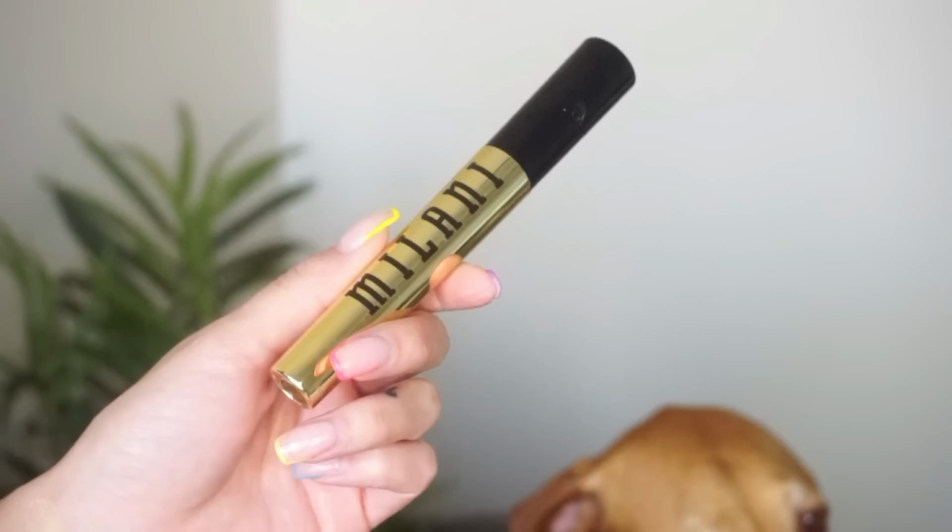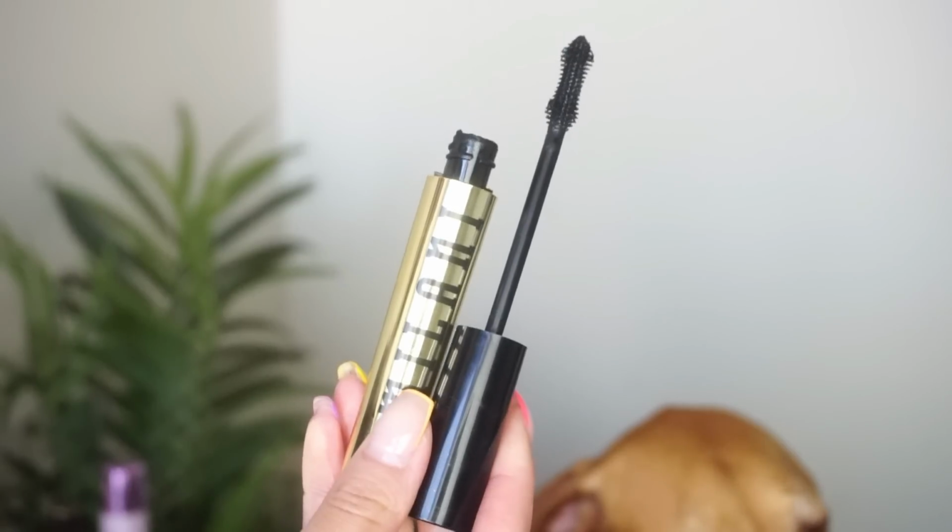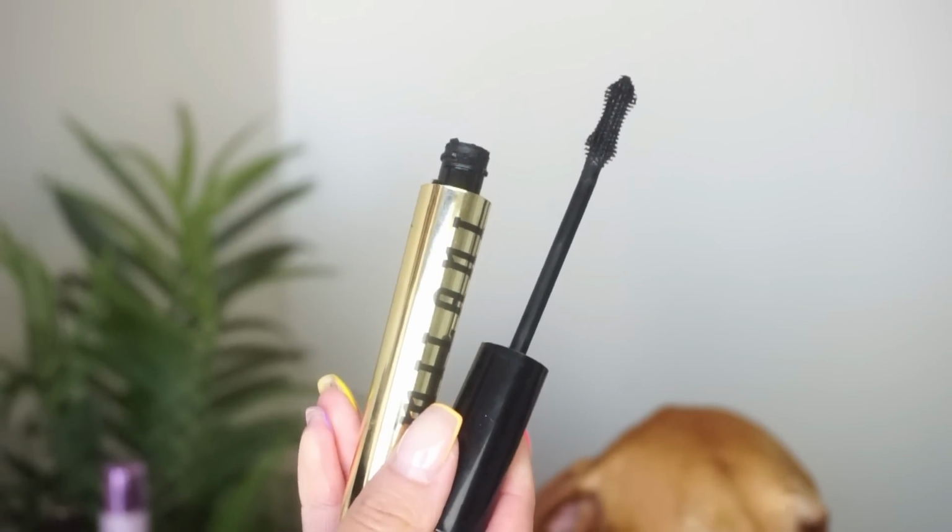They also have just the highly rated mascara. That was one of my favorites for years. I was constantly recommending it in videos, so I highly suggest that one as well. Milani just has great mascaras. I feel like they have knocked off